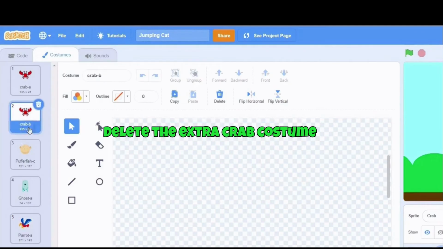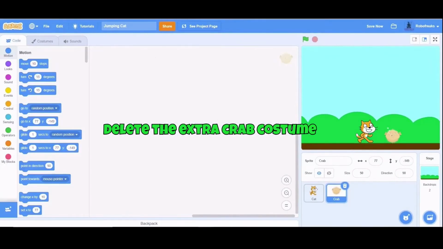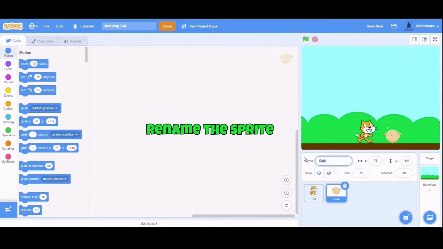I will delete this extra crab costume. This is done now. Let's name this sprite Obstacle.